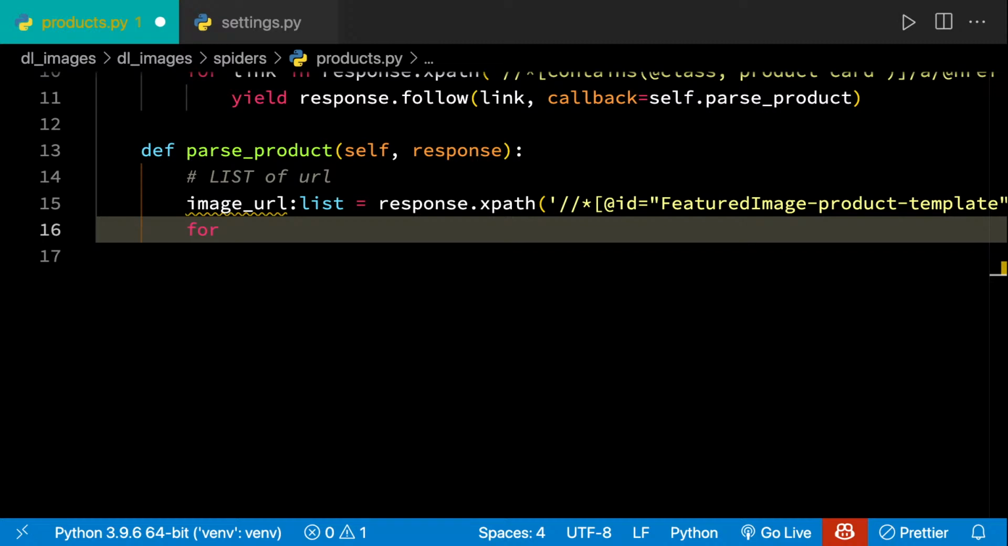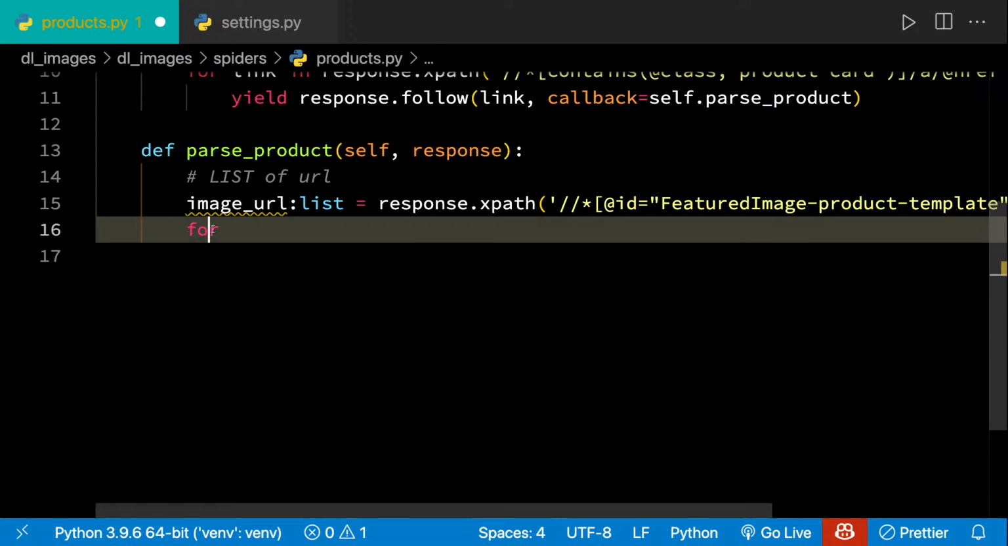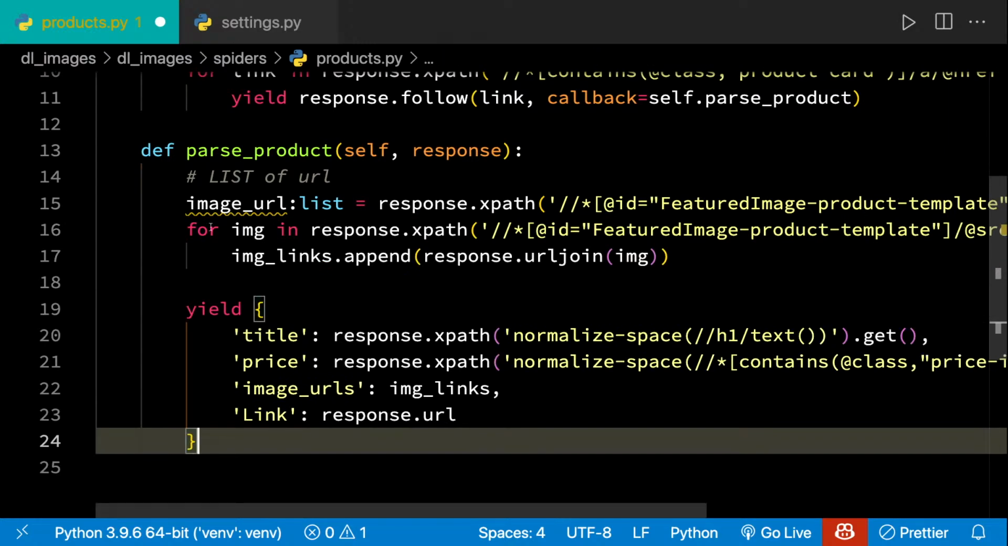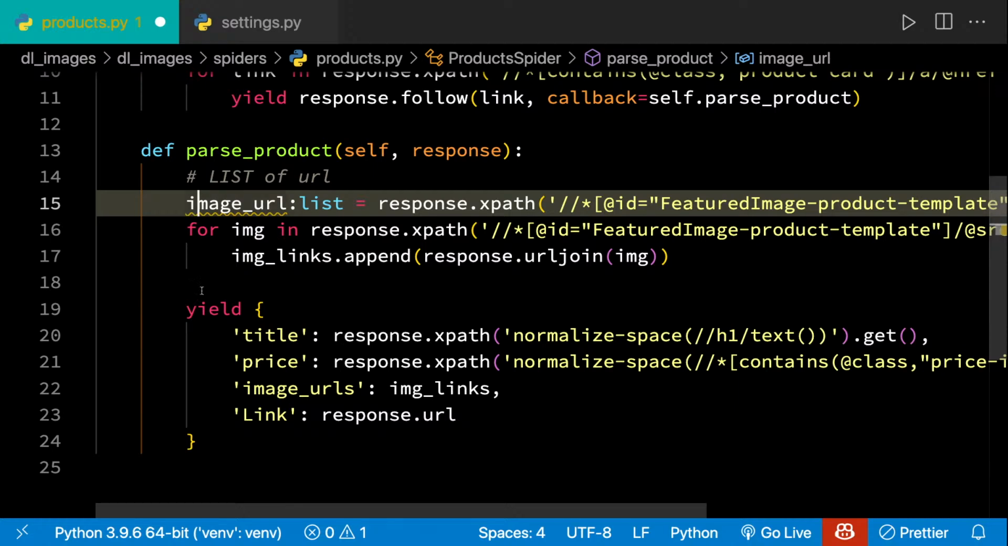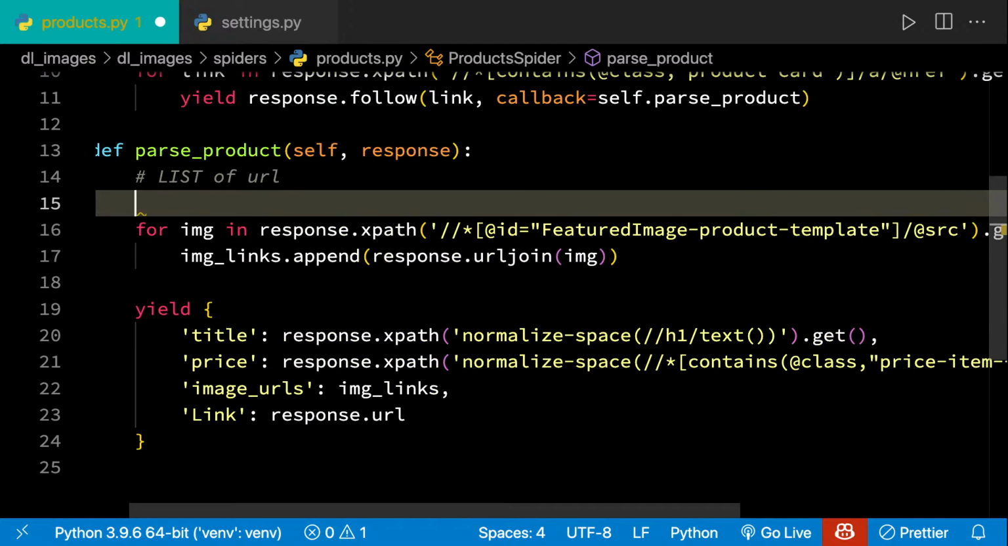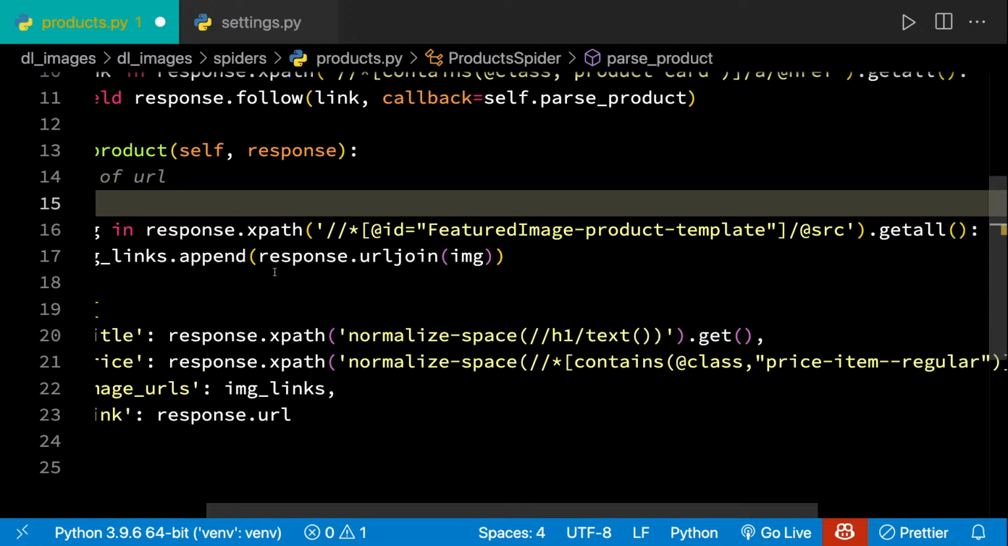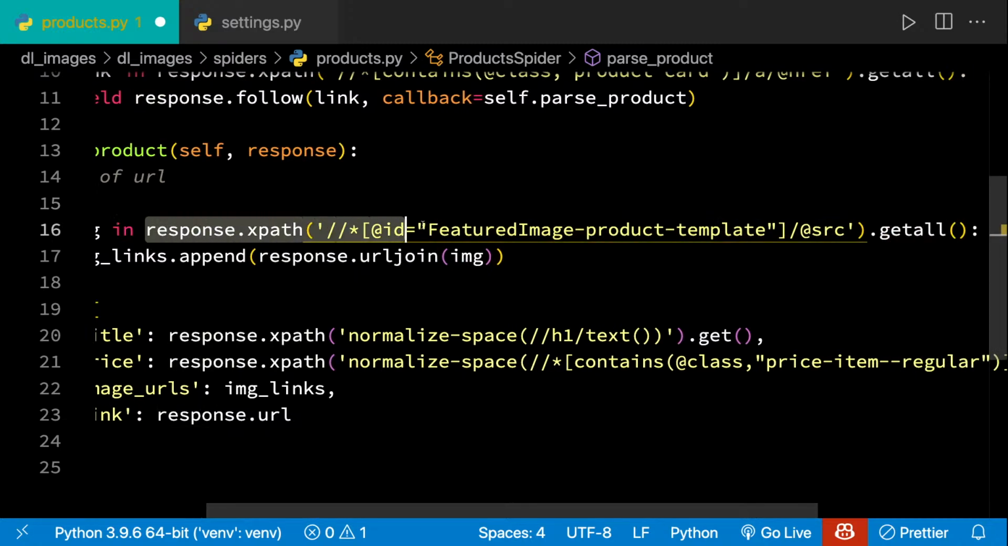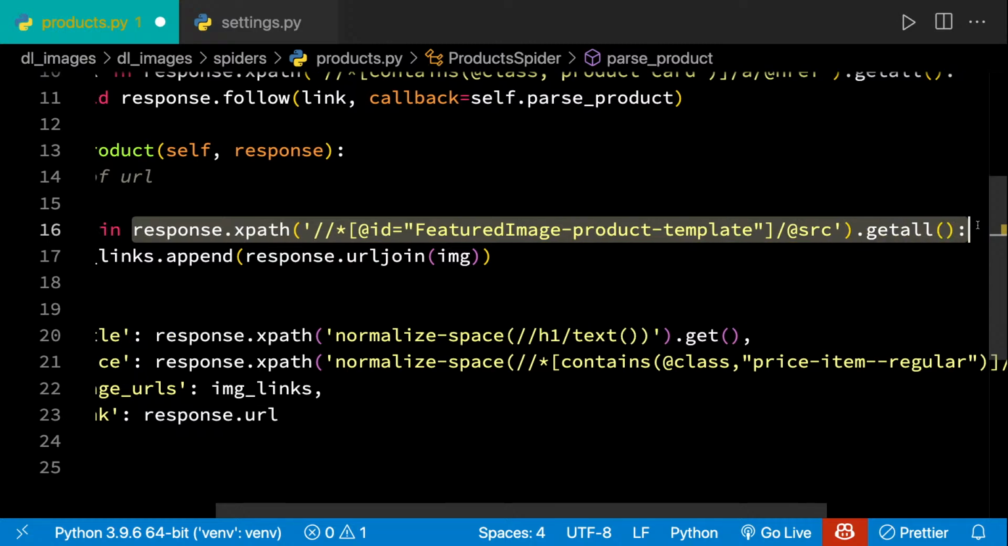In fact, this is where I'm taking a shortcut here, because I want to focus on important concepts, right? So I'm copy pasting some code here. Probably I can leave this out. Let me walk you through what I'm doing here. This is the same XPath which I just showed you, and we are calling the get all function. So it is going to return